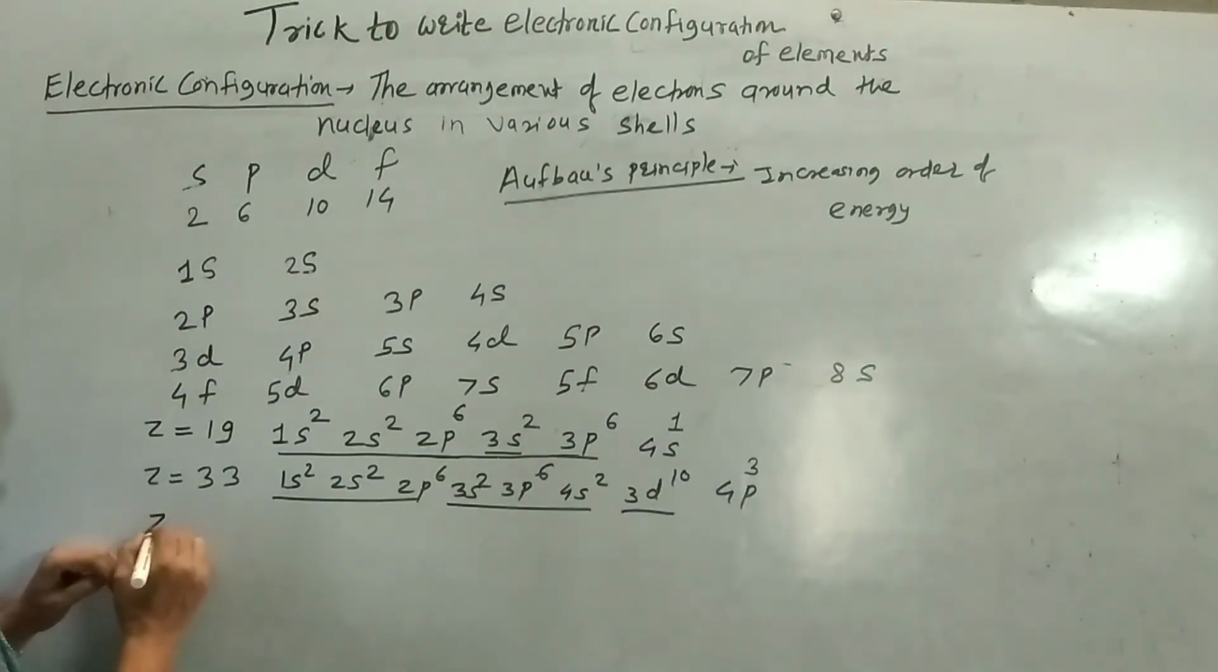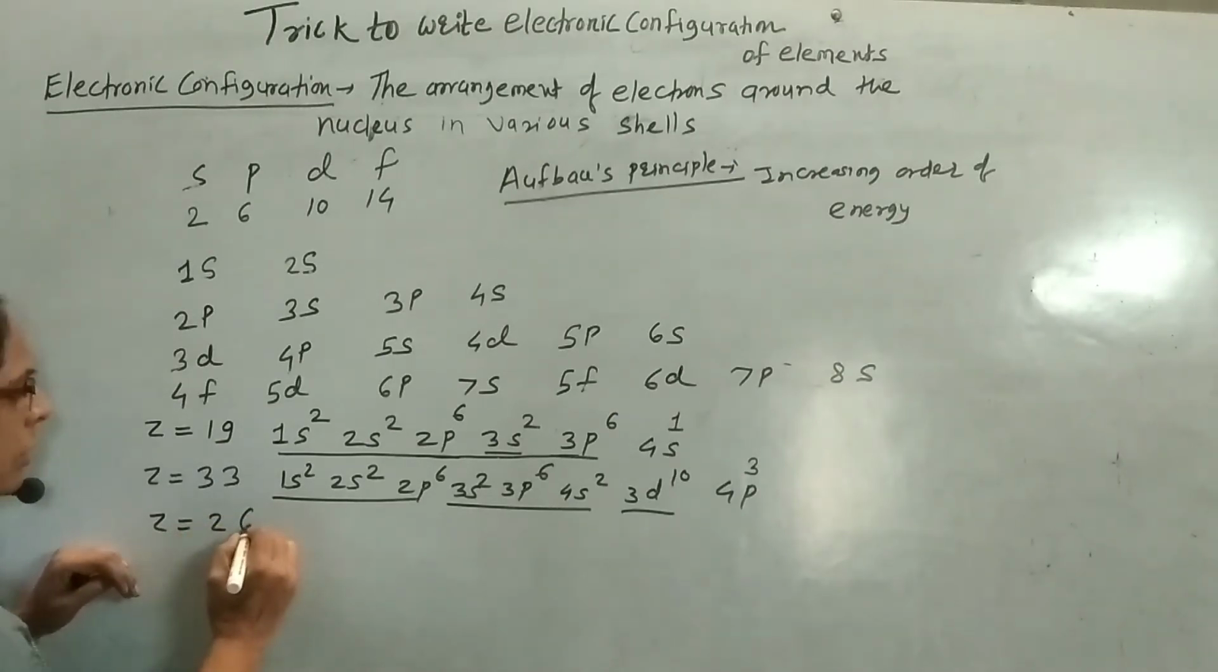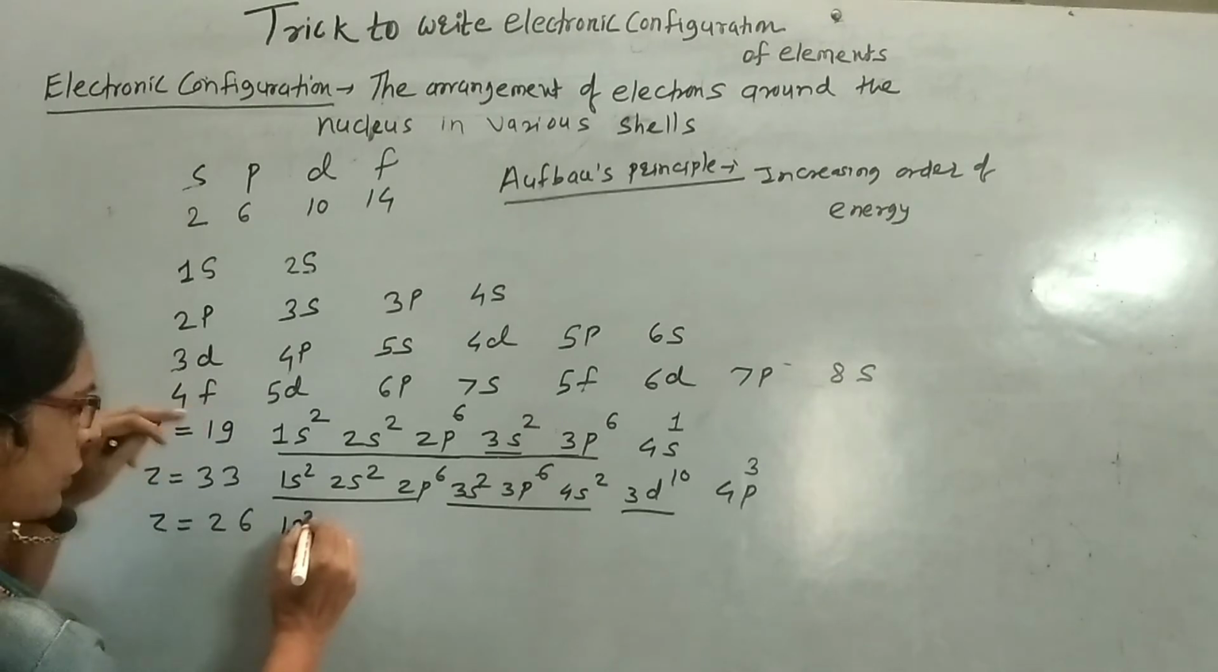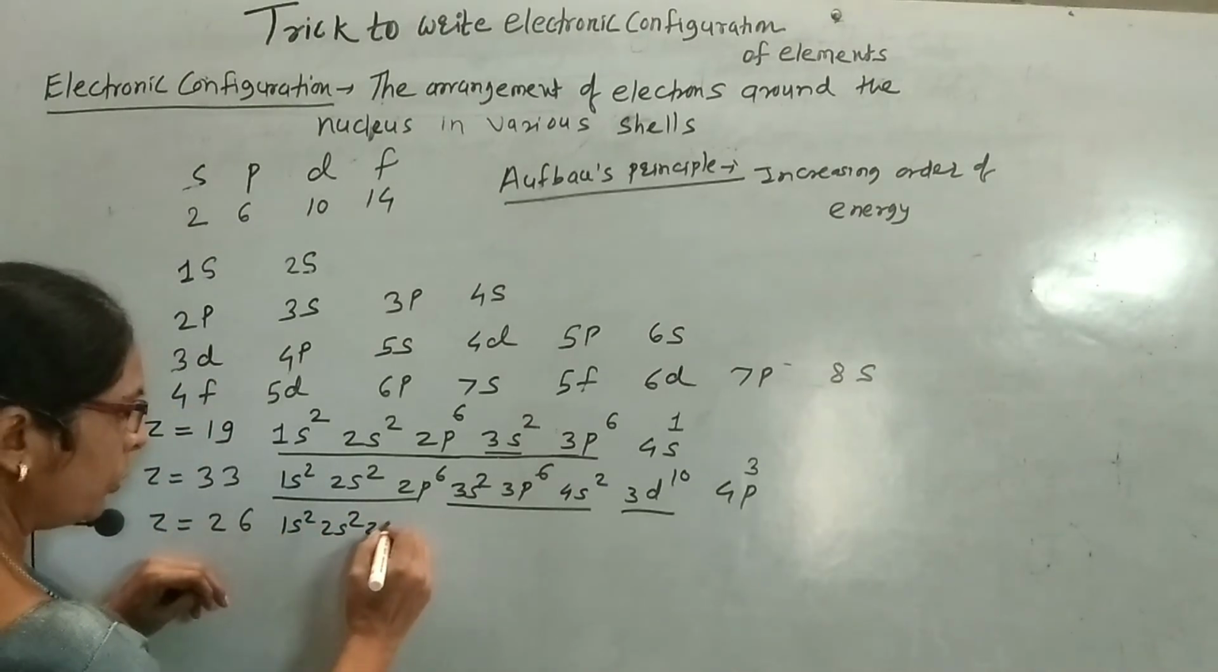Suppose I consider an element whose Z is 26. Z is 26. So proceed: 1s2, 2s2, 2p6,